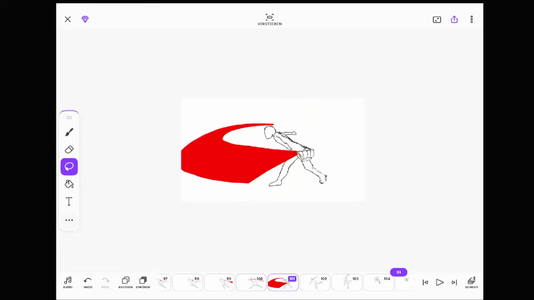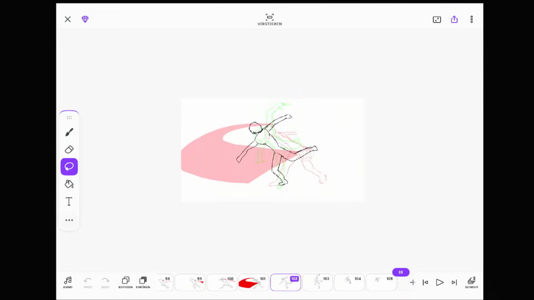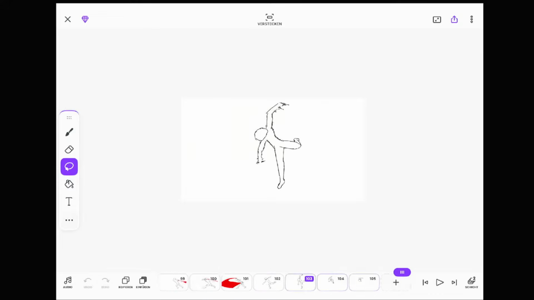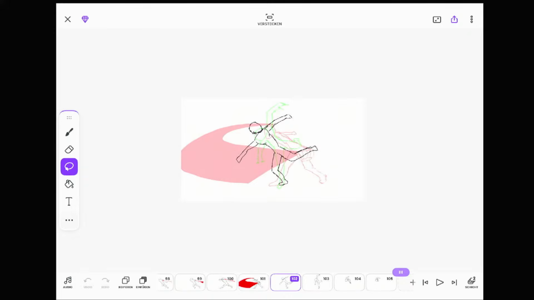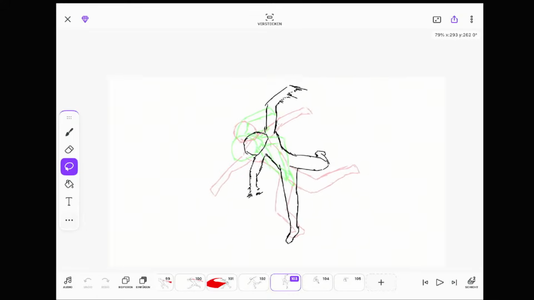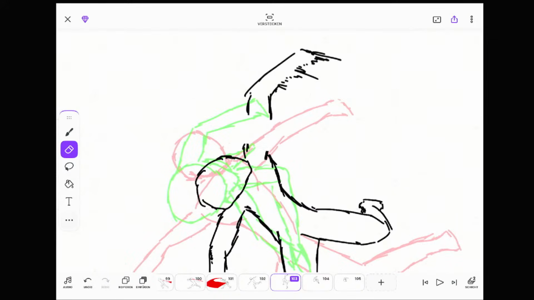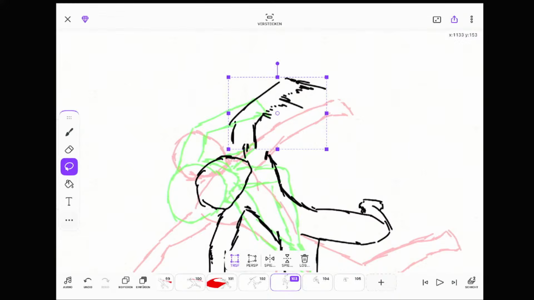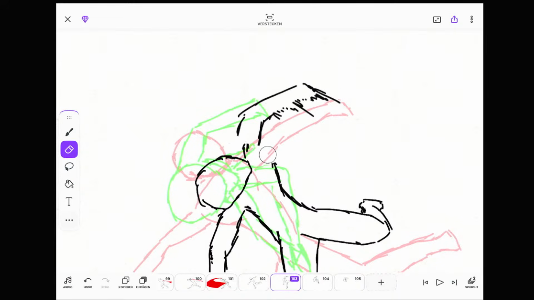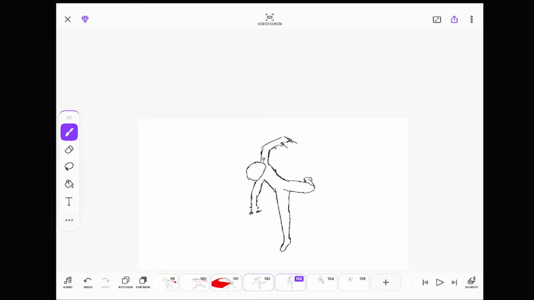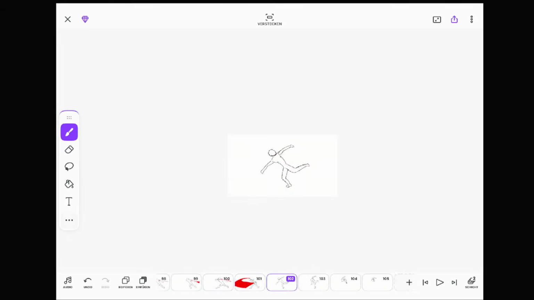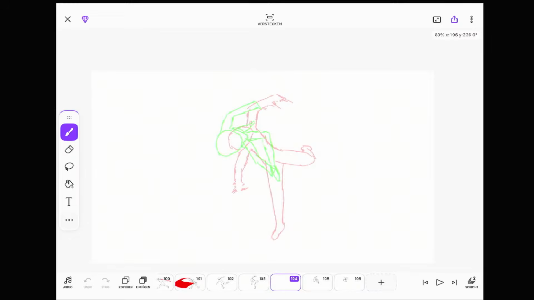More frames. Change the arm a little. I think I need more in-betweens here, maybe.